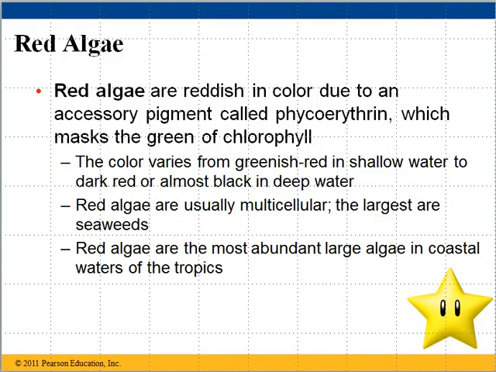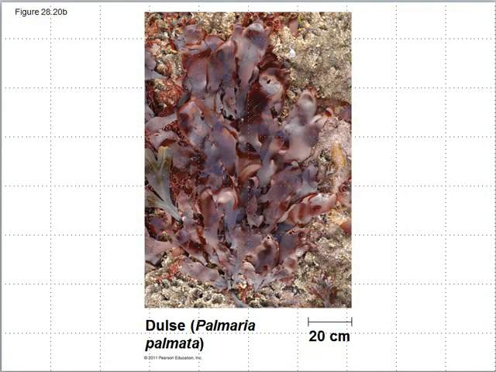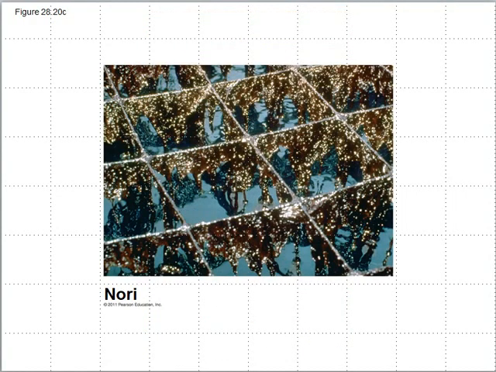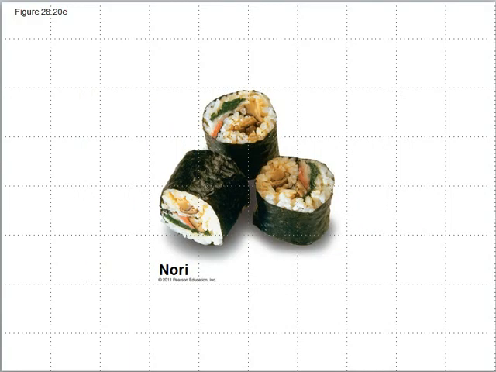Here's some pictures of some examples of the red algae. Again, very plant-like features. They look very plant-like. This one looks kind of like a red version of some sort of lettuce. Here's one called nori that you might be familiar with. Here it is being grown on basically an ocean farm. It's grown on this netting. Then it's dried, and then it can be used for processing, like for example for wrapping sushi. So some of the seaweed wrap that you might have on your sushi roll is a good example of red algae. They also use other forms of algae for the sushi wraps, but nori is a common one.